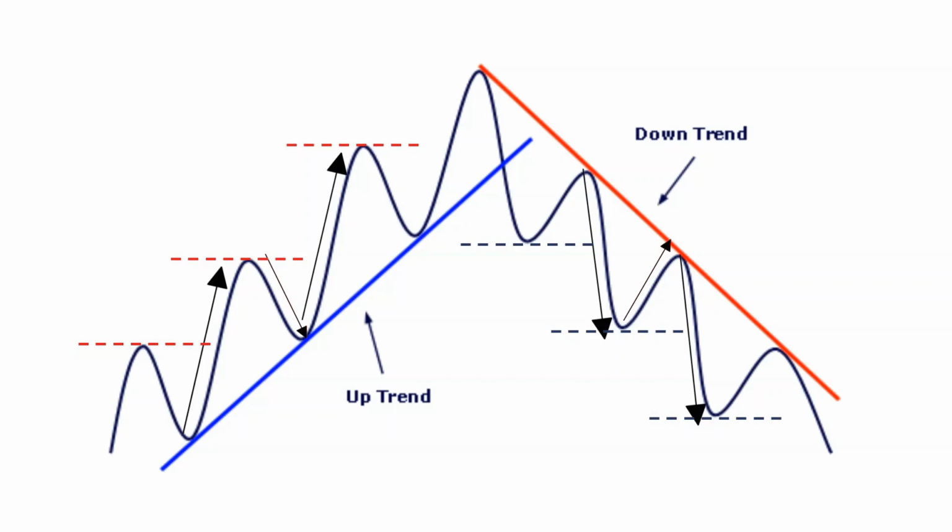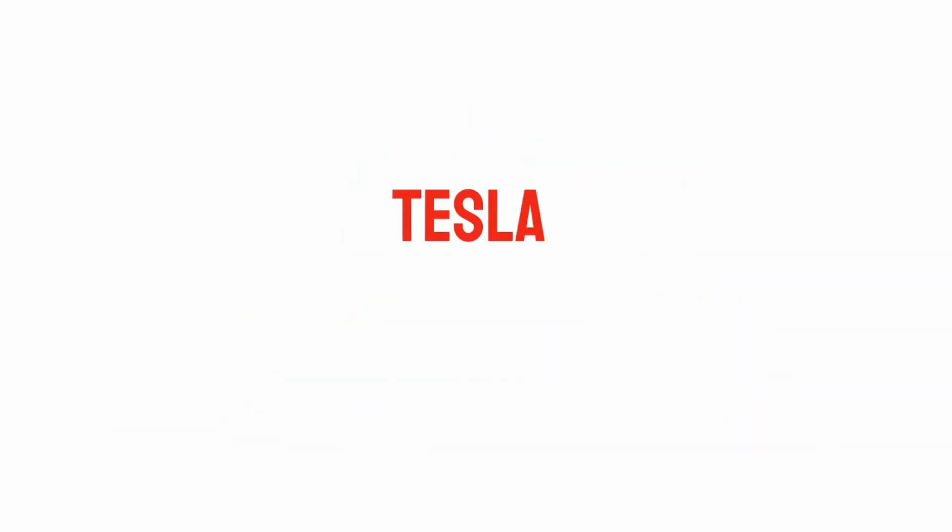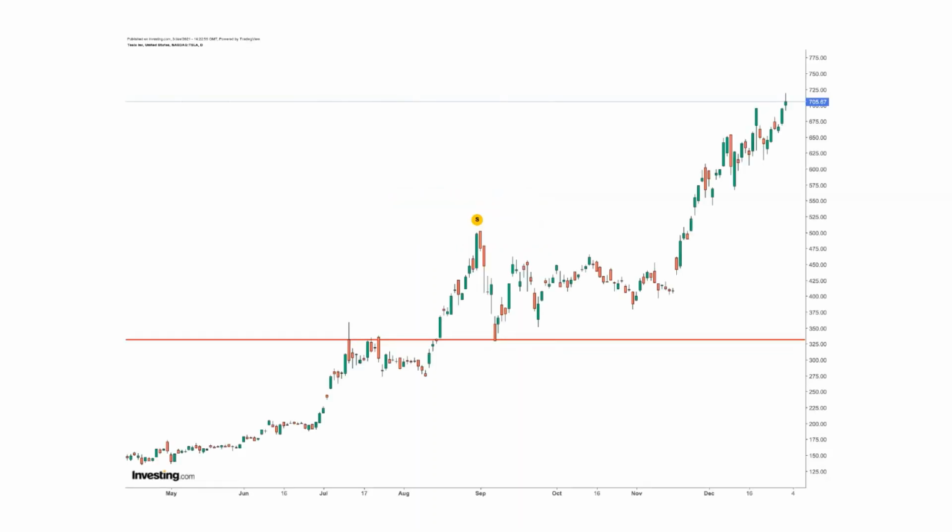Now, let us see how resistance and support look in a stock chart. The stock is clearly in an uptrend. To an untrained eye, this chart is nonsense. It simply has no meaning. But technical analysts can spot patterns. Please pay attention. This is a high that the stock made and faced resistance to move further up. It seems sellers have taken control of the stock. It is not able to cross the resistance.